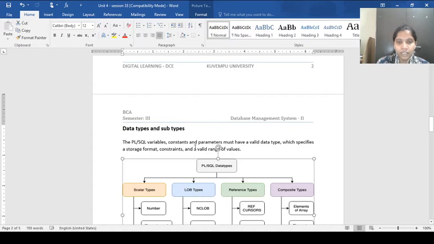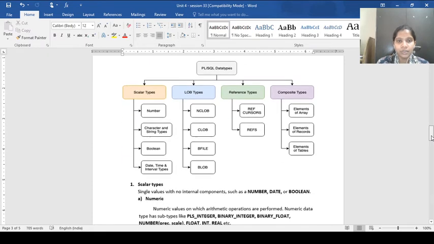The given diagram shows the list of data types which are available in PL/SQL. According to this diagram, PL/SQL data types are divided into 4 categories: scalar types, LOB types, reference types, and composite types.